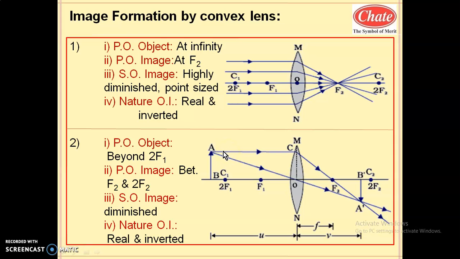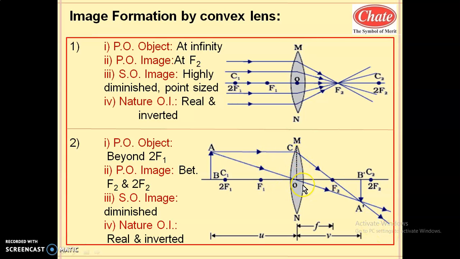Now use the rules which are used for drawing the ray diagram for the convex lens. The first ray you have to draw is parallel to the principal axis up to exactly the middle of the lens, which is shown by the dotted line. Wherever it intersects, the ray which is parallel to the principal axis, on refraction passes through the focus. So align the scale to this point and the focus and extend it. This is the completion of your first ray. Parallel, on refraction passes through the focus.